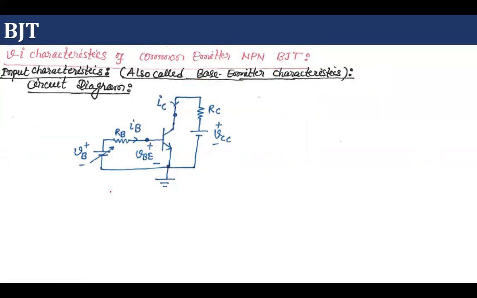Okay, so how are we going to draw this input characteristic? From the input side we are applying a voltage. In series we are putting a resistance just to control the maximum amount of current, and we are going to measure 2 points. One is known as input current, which is base current, because the name of this terminal is base, so this current is IB, and this is the VB.